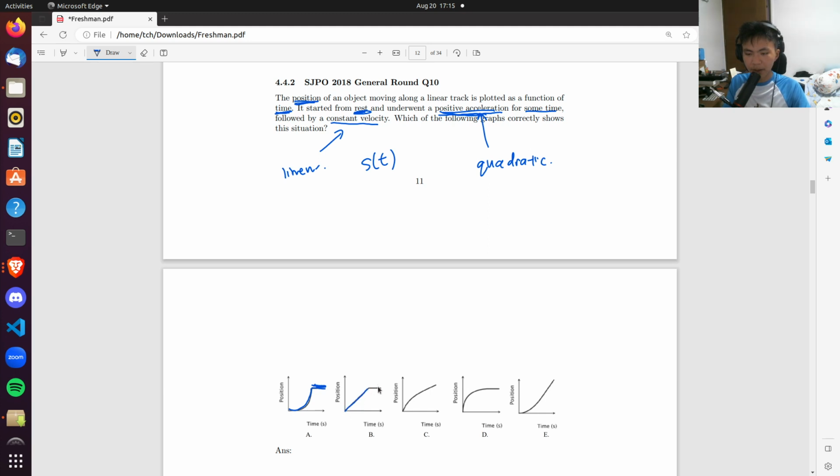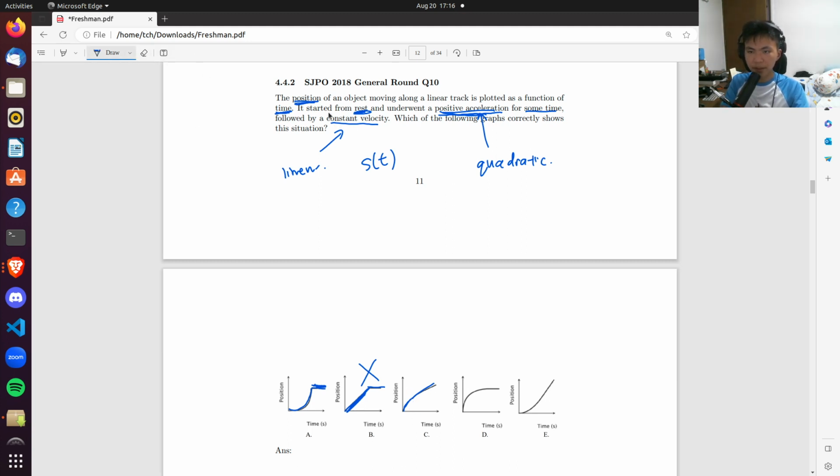This is linear and this is constant, so this is definitely wrong because it shouldn't be linear in the first region. This is quadratic and then it's linear, but the issue with this is that